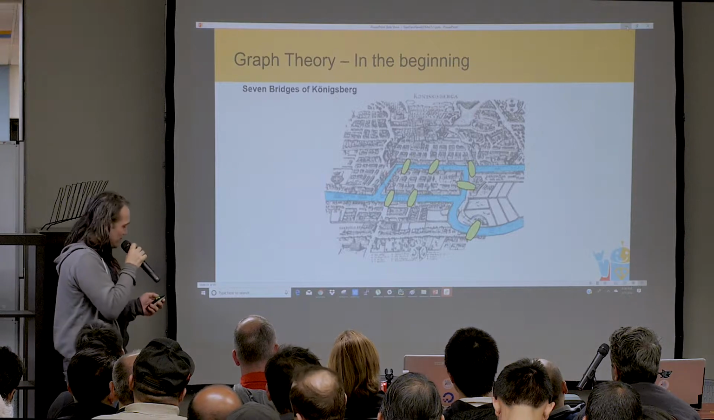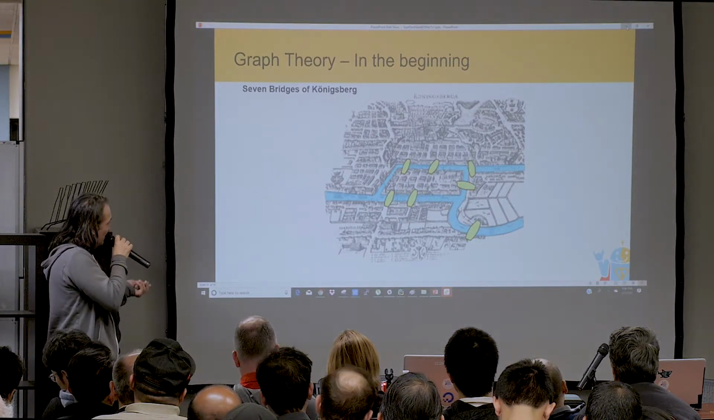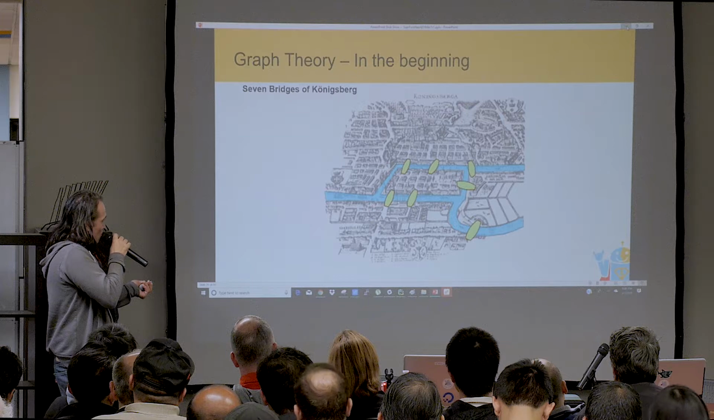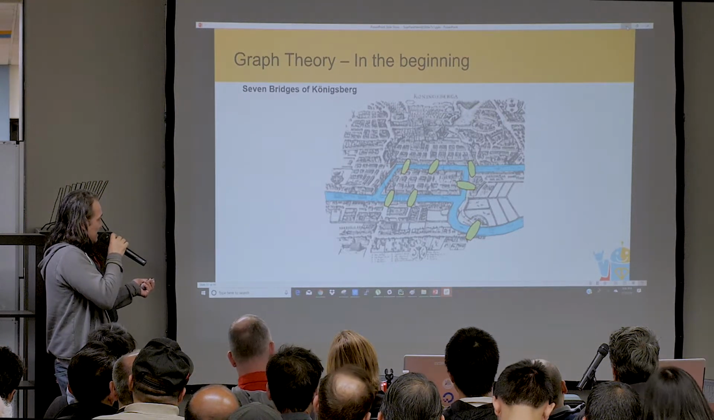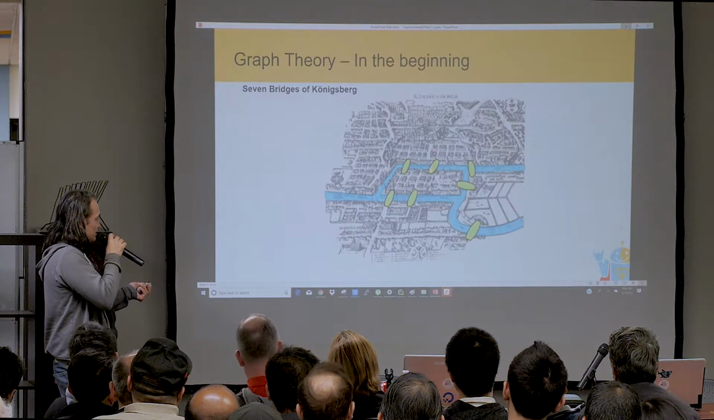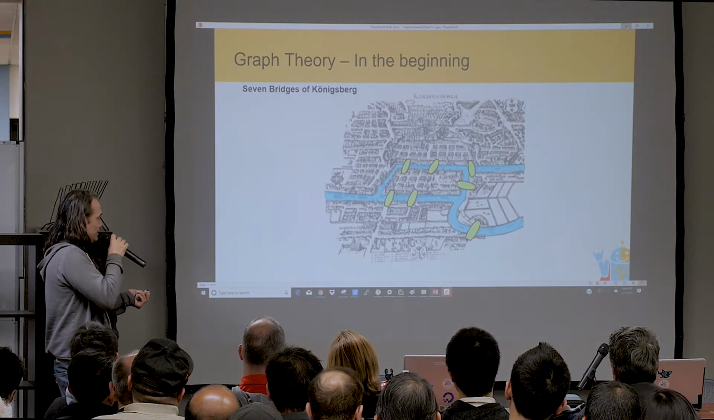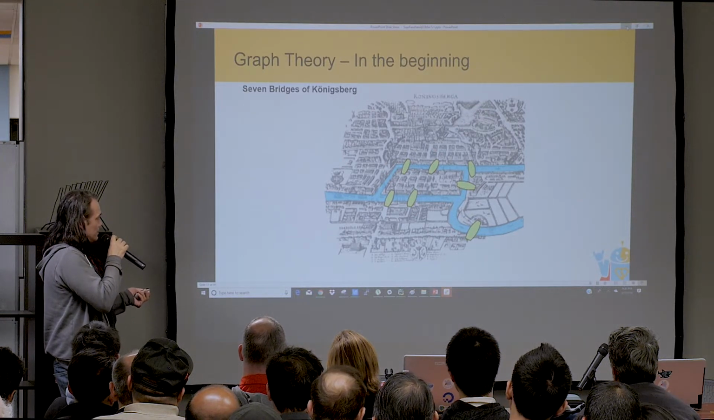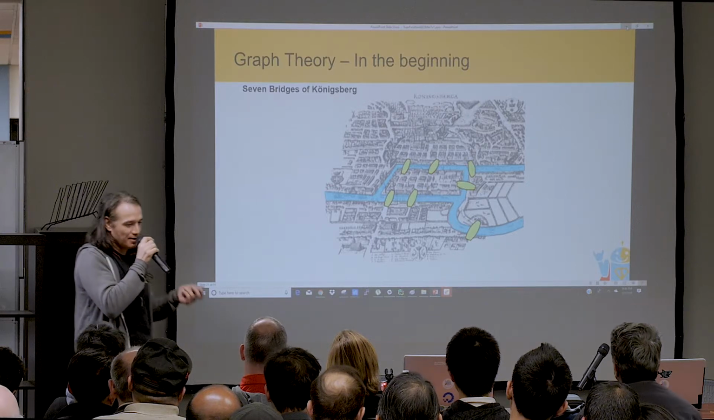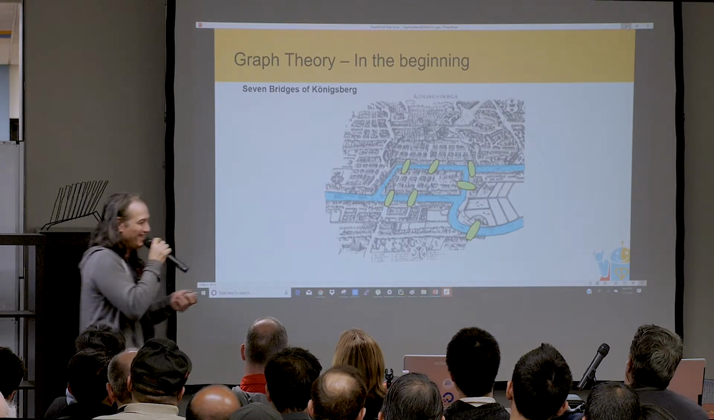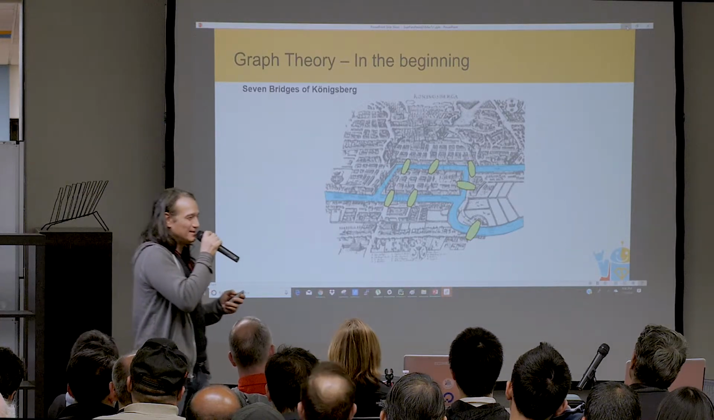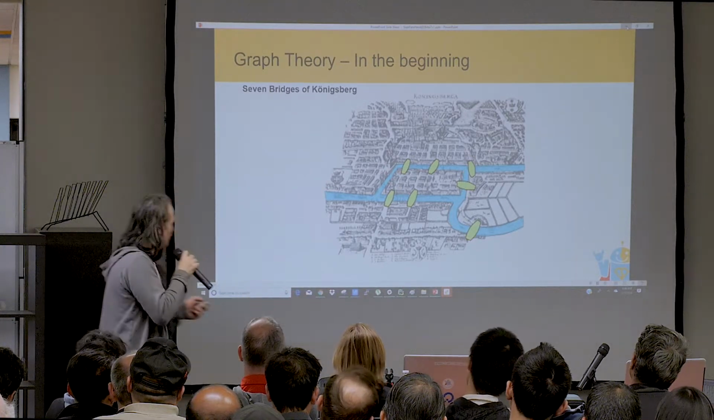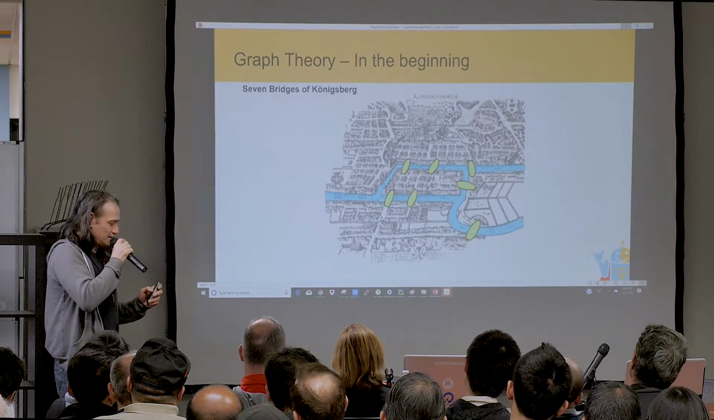But essentially, the puzzle was this: how can one cross a bridge just once and get to all parts of the land, just crossing each bridge once and never retracing it? And so that was the riddle. There were seven bridges, and it turns out it's impossible to do. They posed that to a great mathematician, Leonhard Euler, and he came up with a pretty interesting